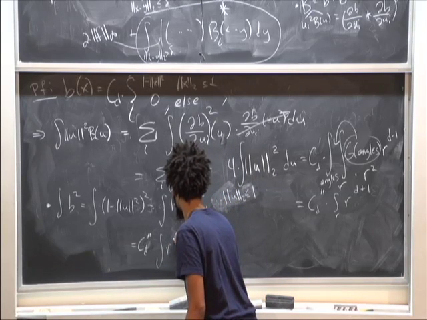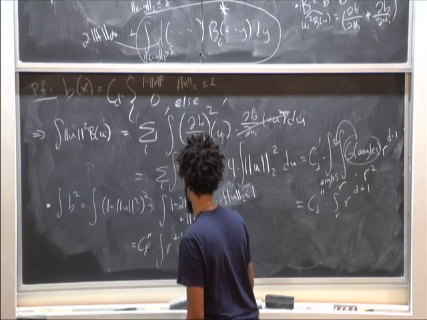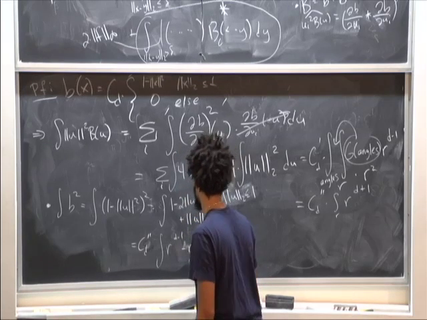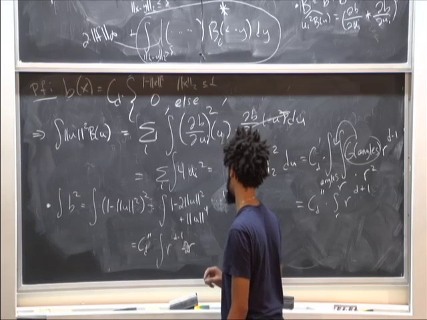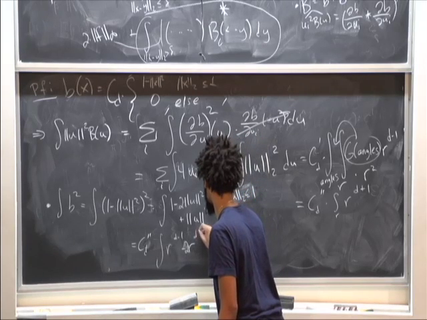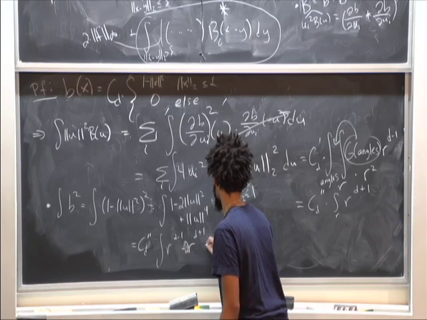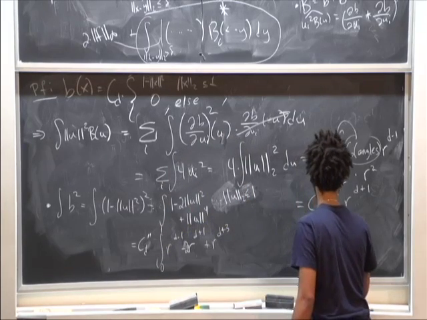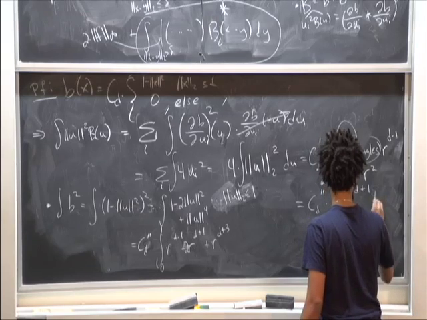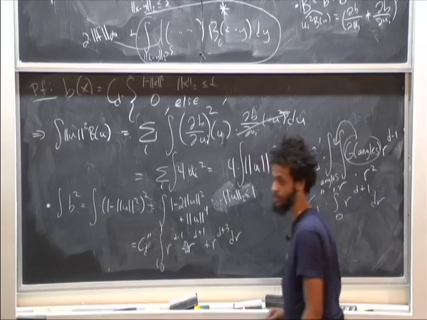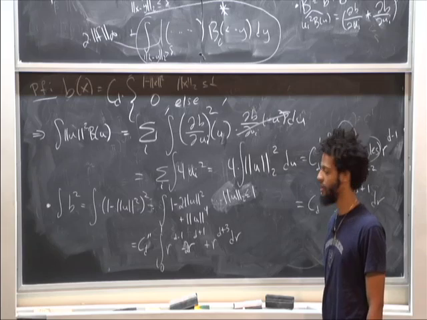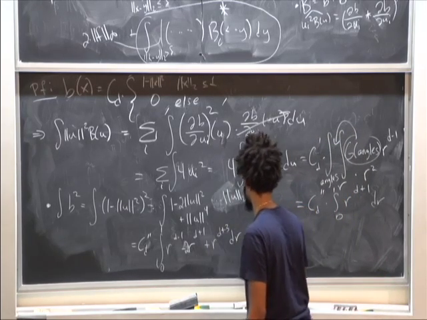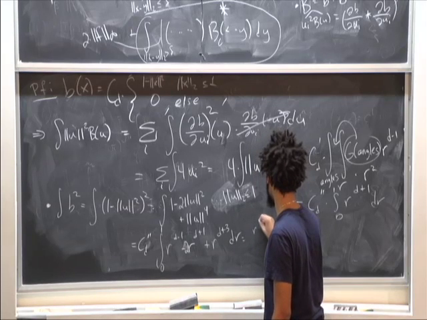The integral of r to the d minus 1, minus 2 r to the d plus 1, plus r to the d plus 3, where r is going from 0 to 1 because we're in the unit ball, dr. Okay, so what's this thing? We can just integrate it. So that's r to the d over d